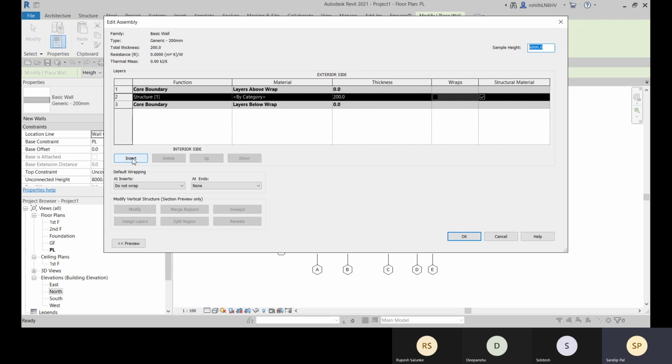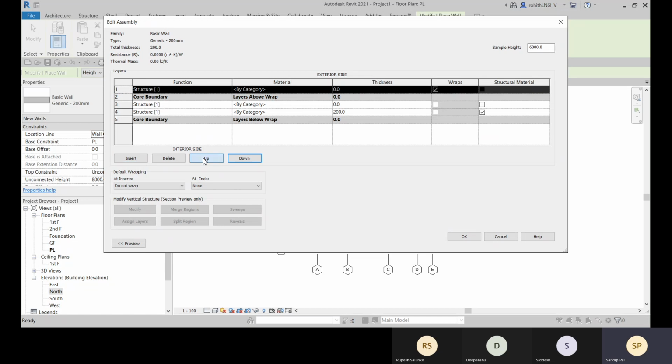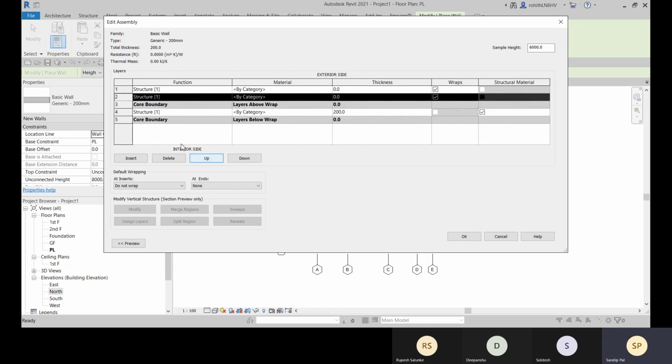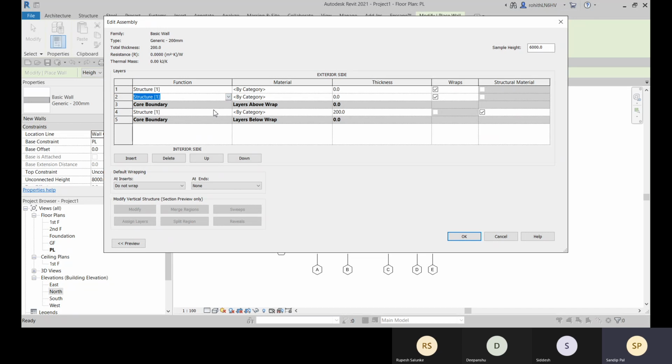Let me show you that if I add some layers, we go it up, and this is up. This is going to be the thermal layer or membrane layer, and this is going to be the finish layer. Here we can provide some thickness.